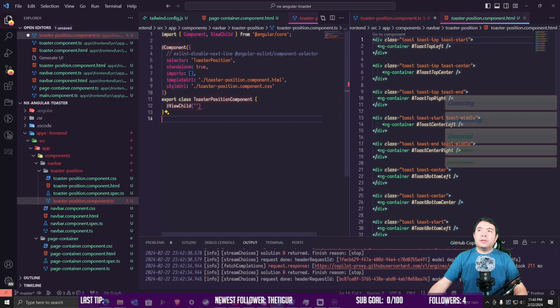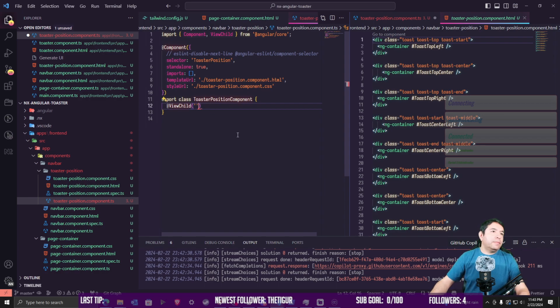So I'm going to say here, Ctrl Shift B. Oh yeah, it's a view container ref. Okay, so I understand now. So I have